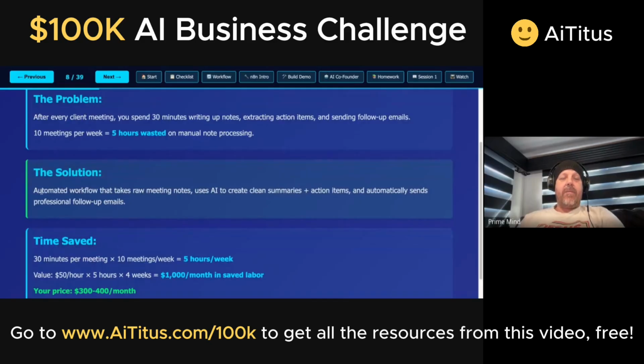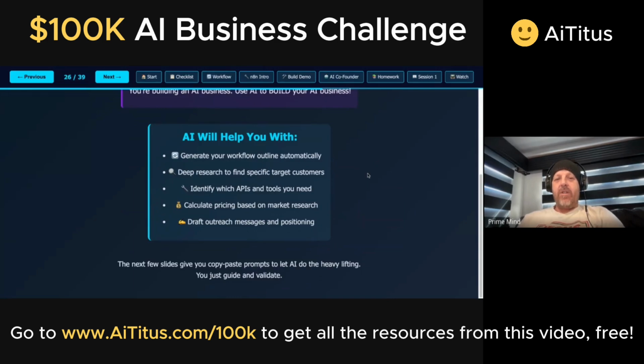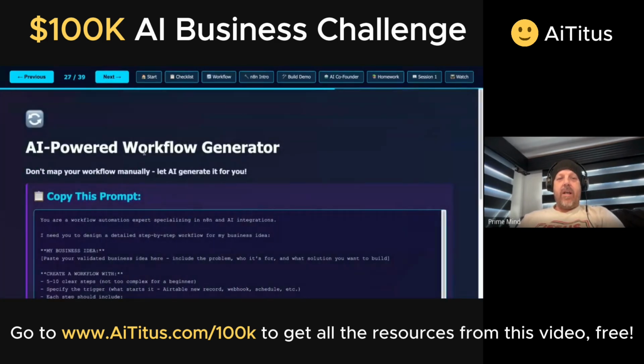So we wanted to come up with a solution to automate a workflow that takes the raw meeting notes, uses AI to create clean summaries, plus action items, and automatically sends professional follow-up emails. So part of this process that we used, and I'm going to get to this slide, it's 26 in session 2, is we wanted to use our AI Cofounder. So we had the AI-powered workflow generator. We wanted to use this to generate a workflow for us that we can use later and start to build. So I went into ChatGPT here,